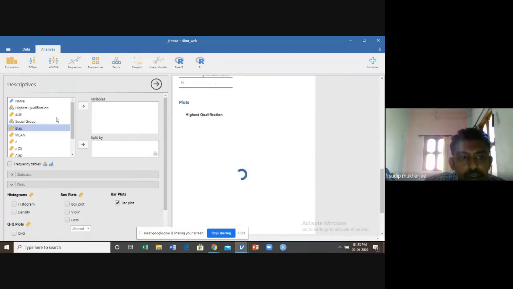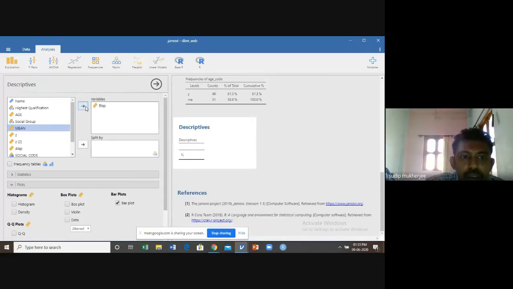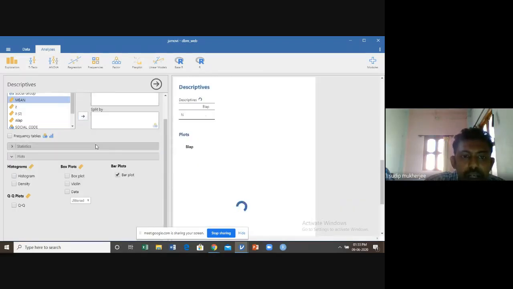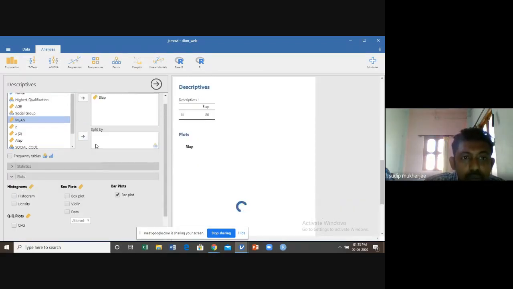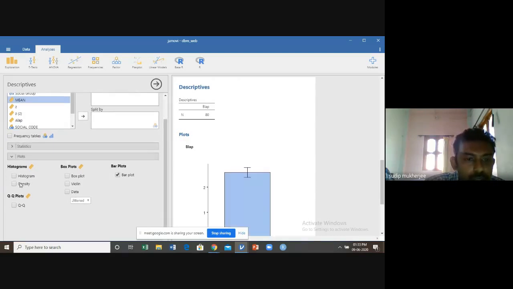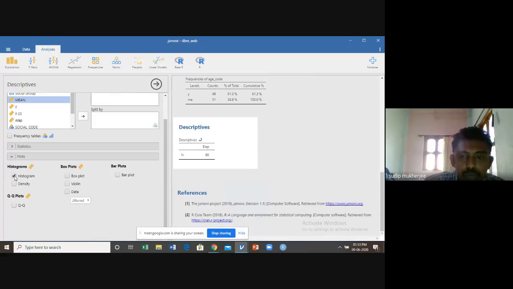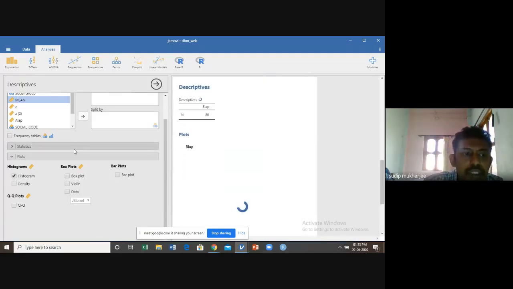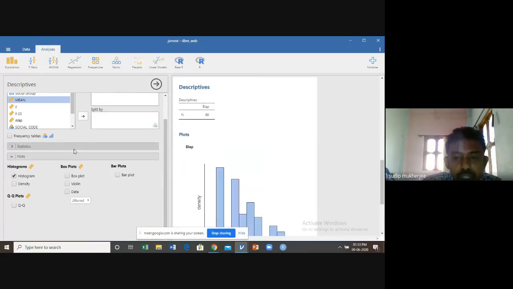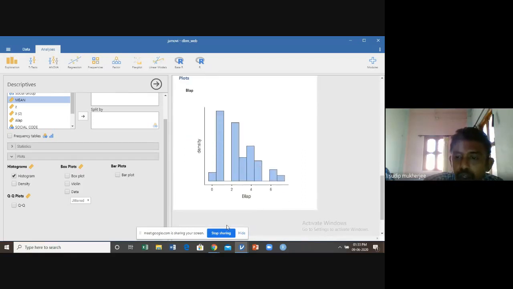Next, we try to draw the histogram of the computer usage, not the bar plot. We write the histogram because this is a continuous variable, and for a continuous variable a histogram is possible.